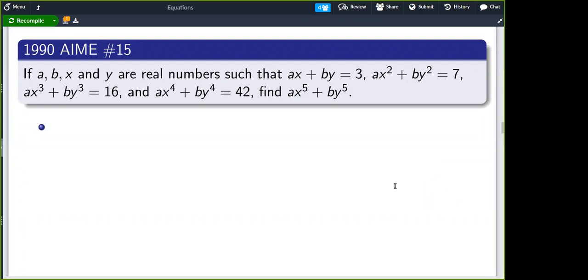So the idea that we want to try is actually multiplying it by x plus y, as someone suggested in the chat. So if we do this, one of the terms is going to be a times x to the n plus 1, and one of the terms is going to be b times y to the n plus 1. So if we finish the expansion here,